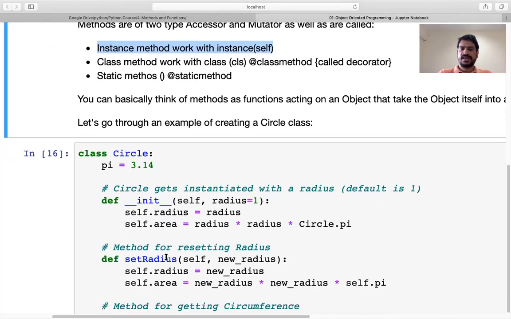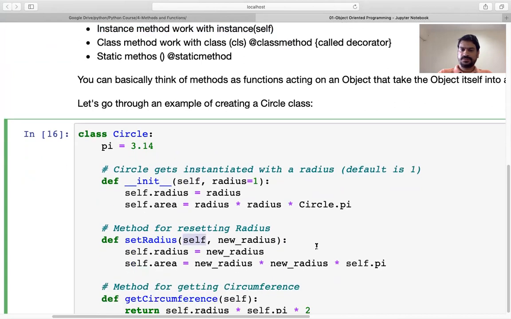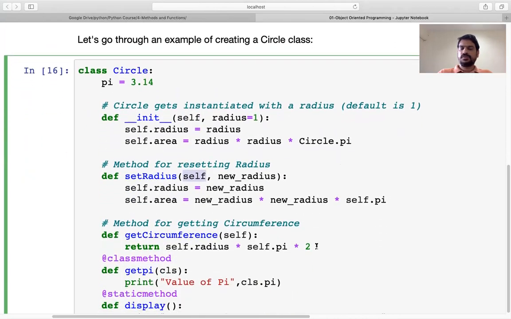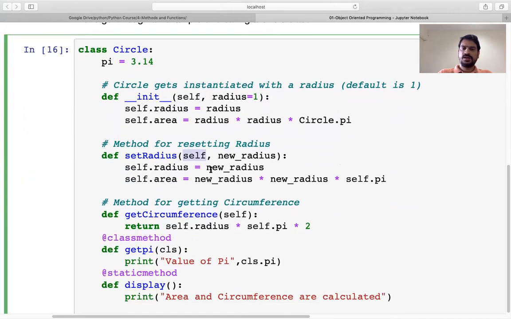So set radius is a method of type instance method. Why? Because we have used the self keyword here. Now if you want to change the radius of a circle, we'll use the variable called new radius, and we'll set the radius to the new radius, and we'll calculate the area according to the new radius. Getting it?